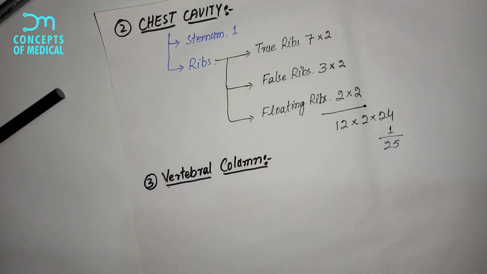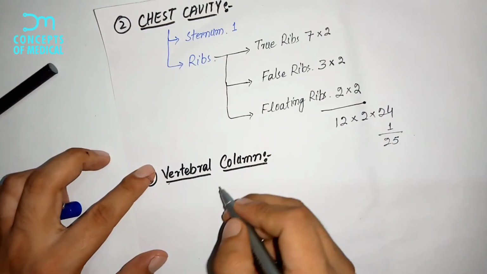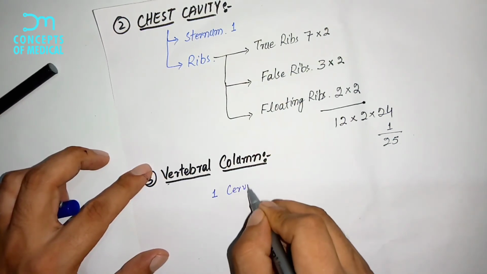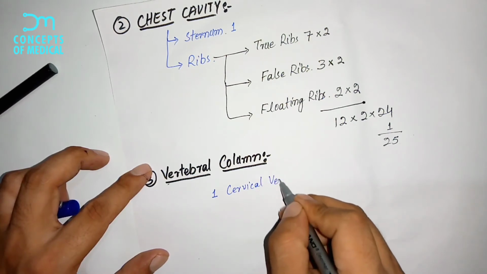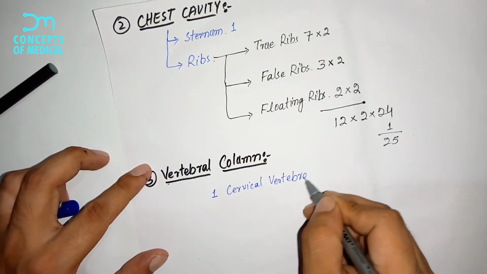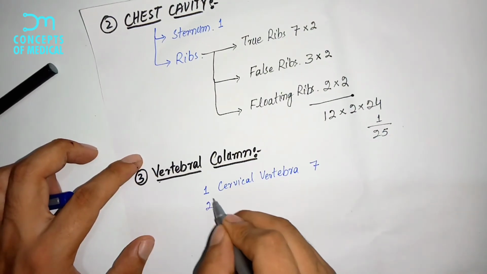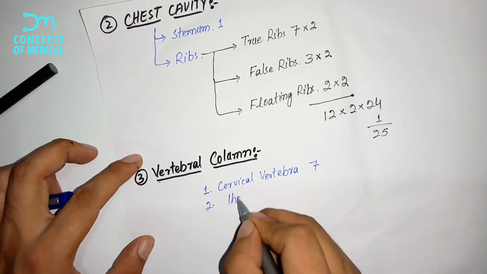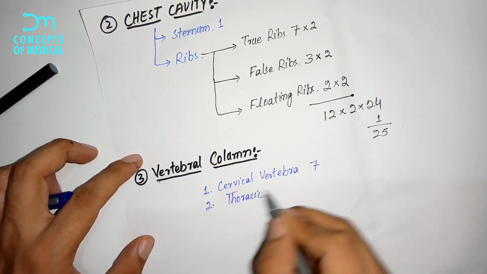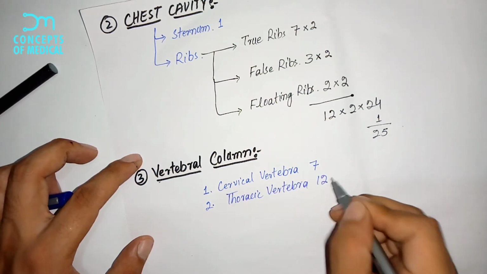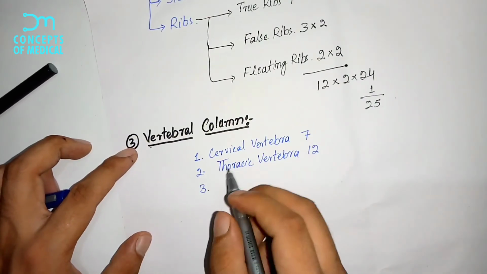The vertebral column actually consists of 5 types of vertebrae. So what are their names? The first vertebrae are the cervical vertebrae. Cervical vertebrae are 7 in number, and the second we have is the thoracic vertebrae, which are 12 in number, and the third we have is the